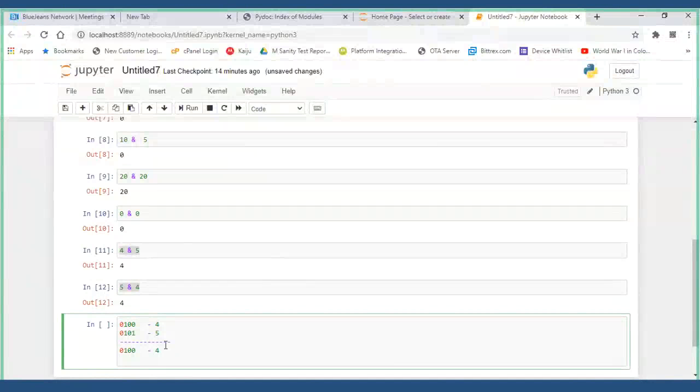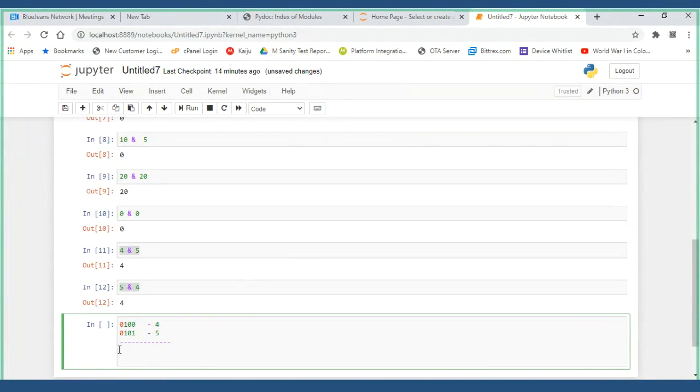So this is called the bitwise operator. The same thing is applicable for the bitwise OR operator. Now I want to do OR. OR means if anyone is true, it is true, so it will become 1.